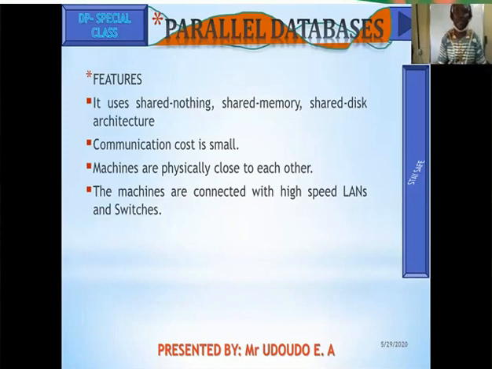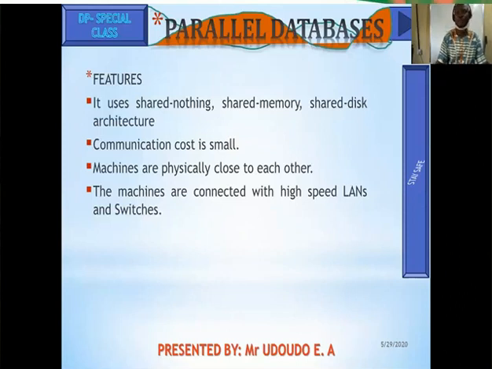So what are we saying here? That they are in a common location. And because they're in a common location, the possible means of connecting the systems is LANs, if you remember what a LAN is all about. And then switches can also be used to extend to more than 3, 4, 5 systems. This is about the features of parallel